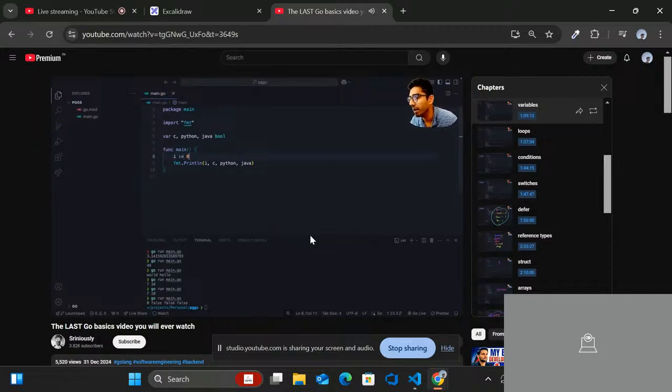And this is one of the patterns that you'll use mostly. You'll also use the var pattern. But if you already know the initialization value of a variable, then you'll use this pattern, the colon equals. And since we know i's value has to be 7, now we can do this. And if we print it, it contains 7, false, false, false. Now this colon equals format is only accessible inside the function. We cannot do it outside the function. If you try to do it here,